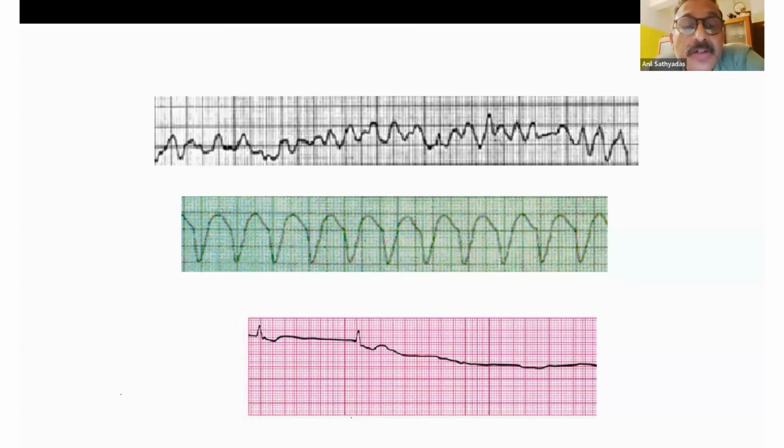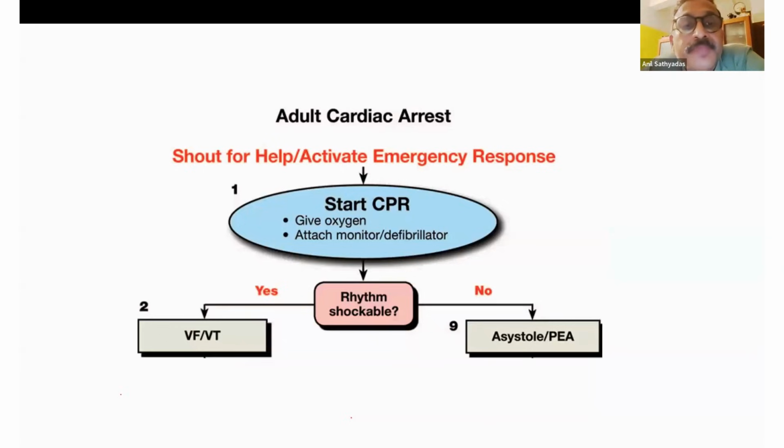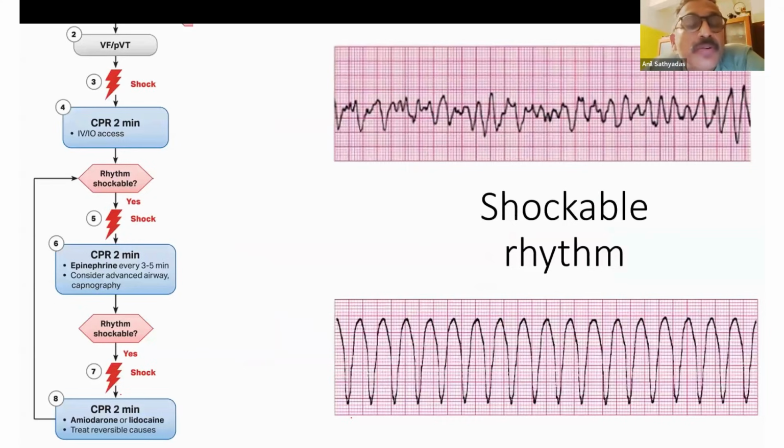The third one is severe bradycardia progressing to asystole. In pulseless electrical activity, you might have some kind of ECG pattern which you might think is normal, but you will not get a pulse because of electromechanical dissociation. Okay. This is what I said just now, to classify patients into shockable and non-shockable. So once it is shockable, of course, your treatment would be to shock the patient.